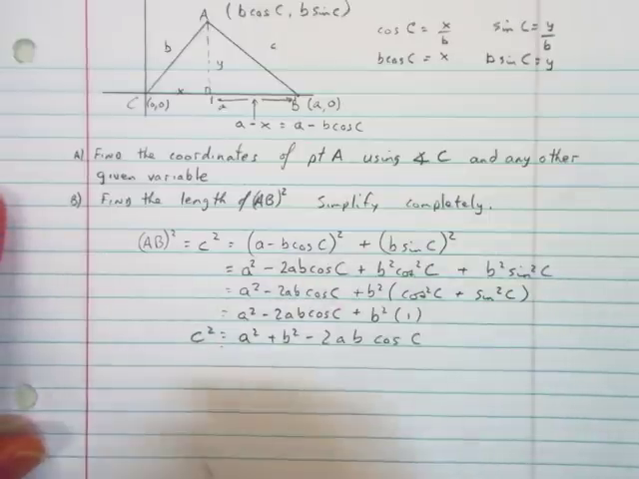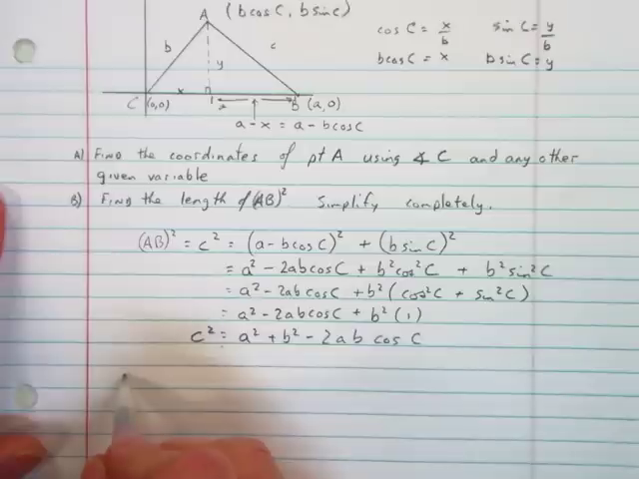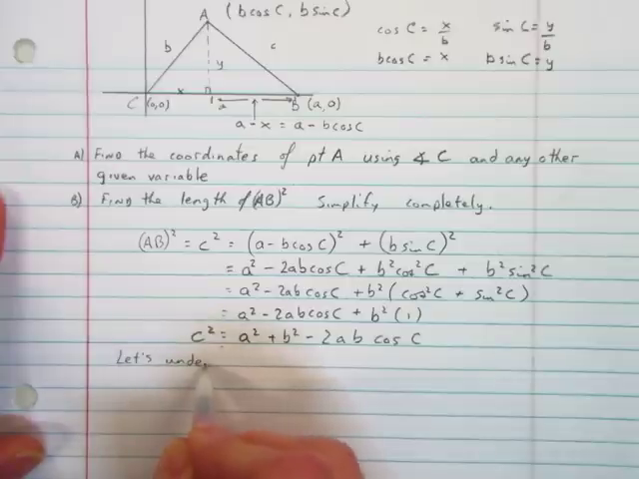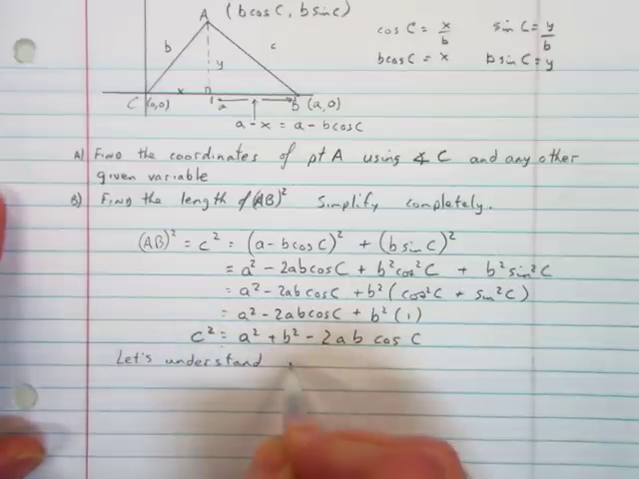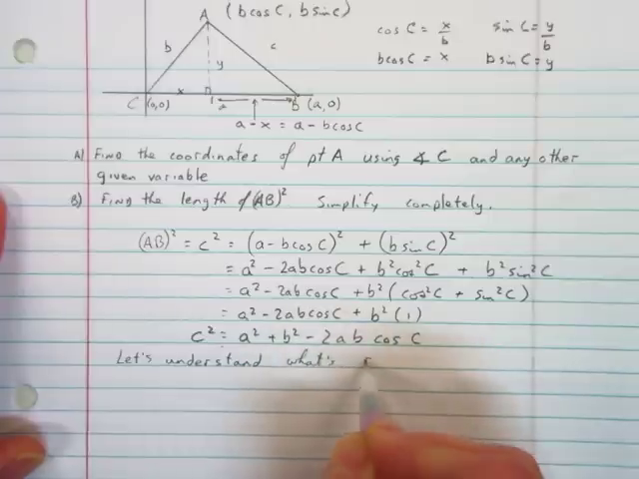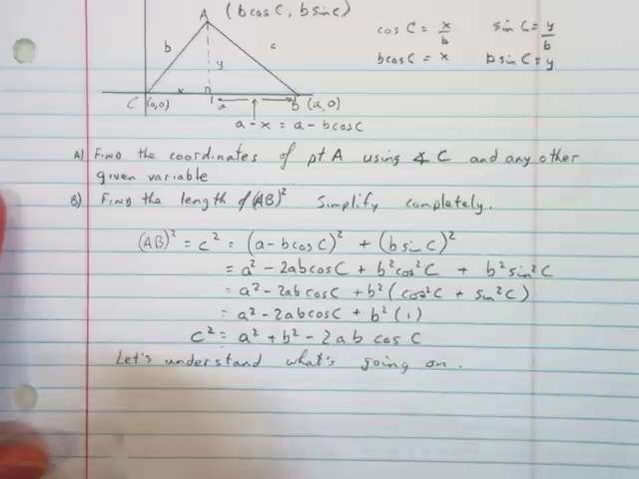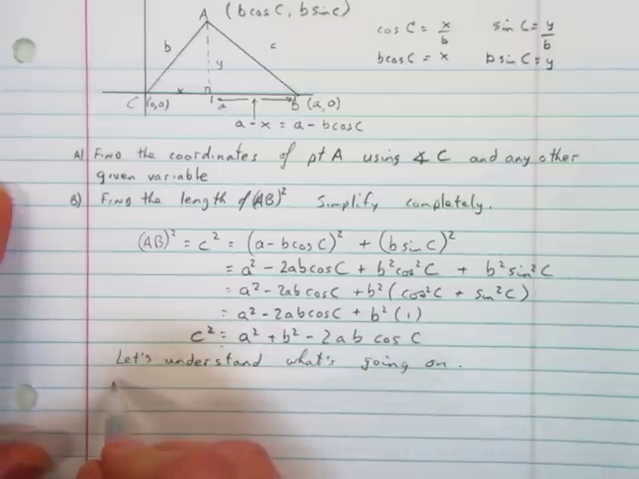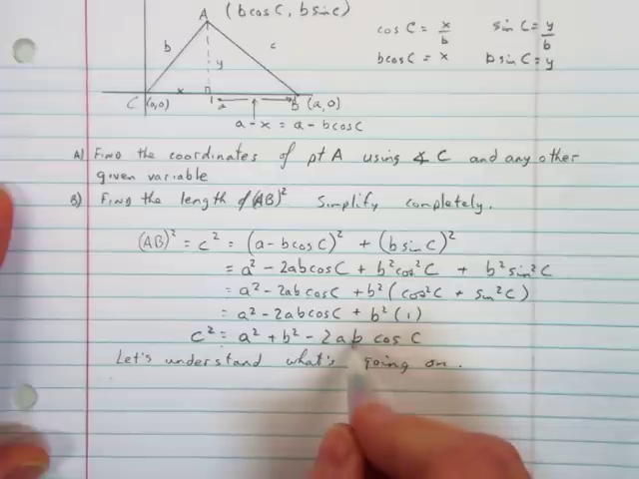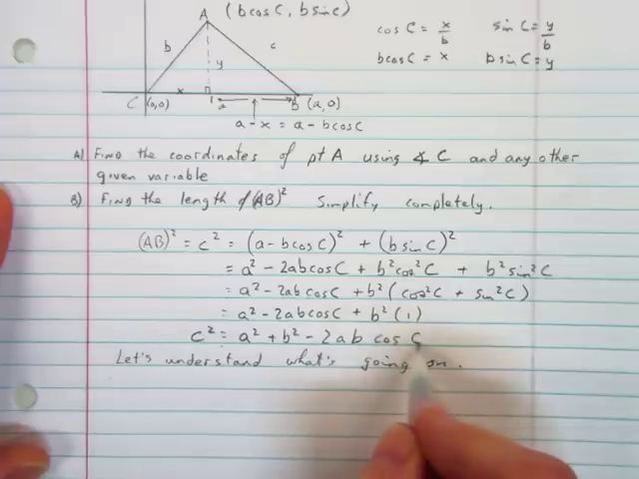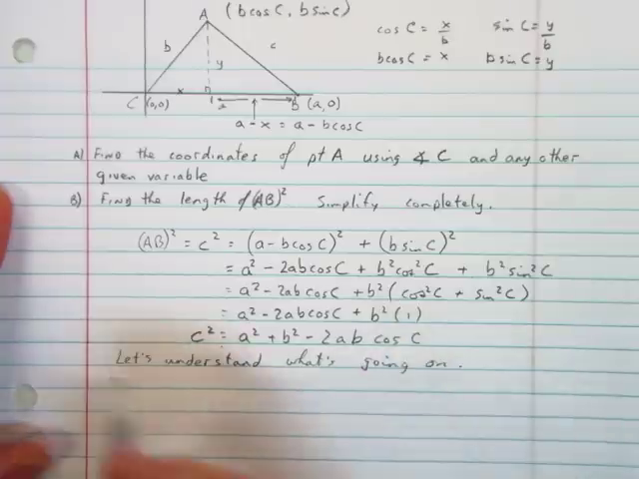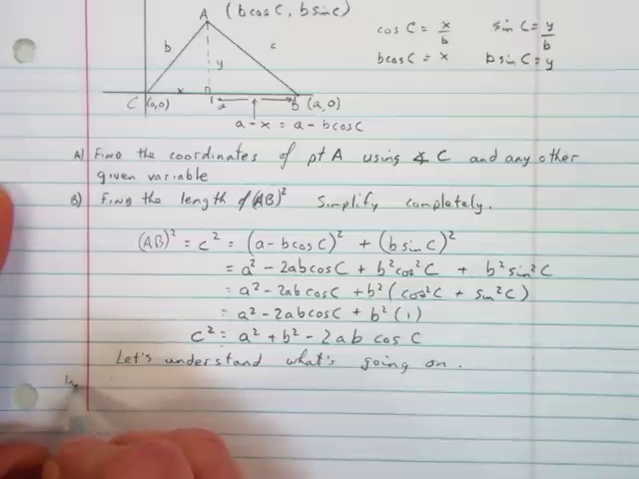What we want to do anytime we have something new is understand what's going on. So in order to do that, let's look at some different situations. First, what's going on in this part is dependent on this angle C. So let's look and see, what if